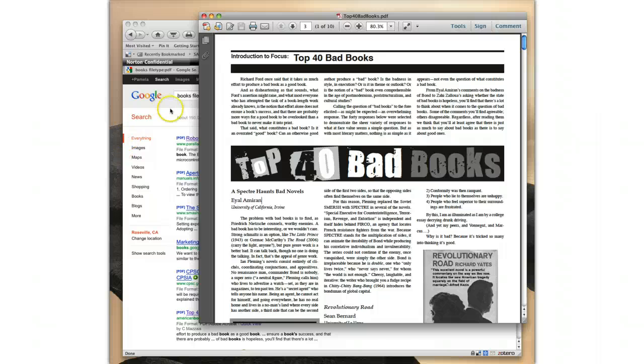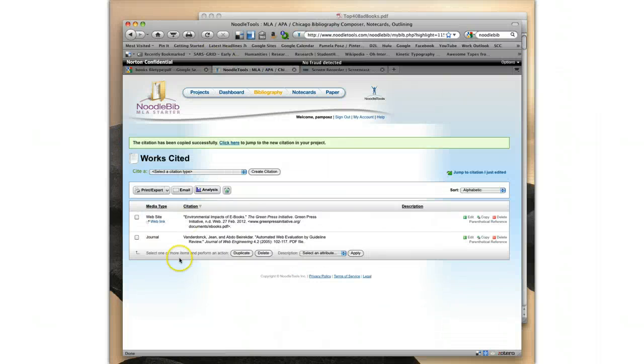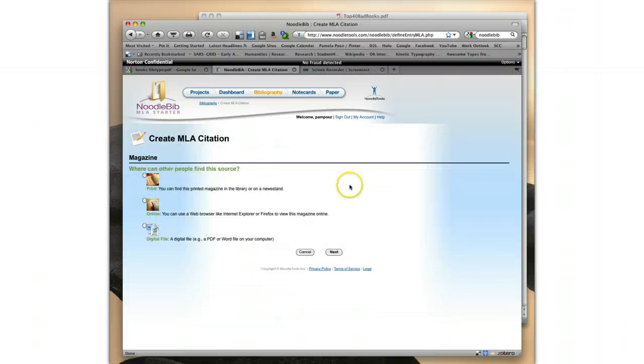And so what I'm going to do is go into NoodleTools, and my first step is to select a citation type. So here we go, magazine, and it's going to create citation. And then I have choices, so it's going to give me options to help me figure out how to cite this. So this is actually a digital file. It says PDF, so I'm going to select that, click Next,